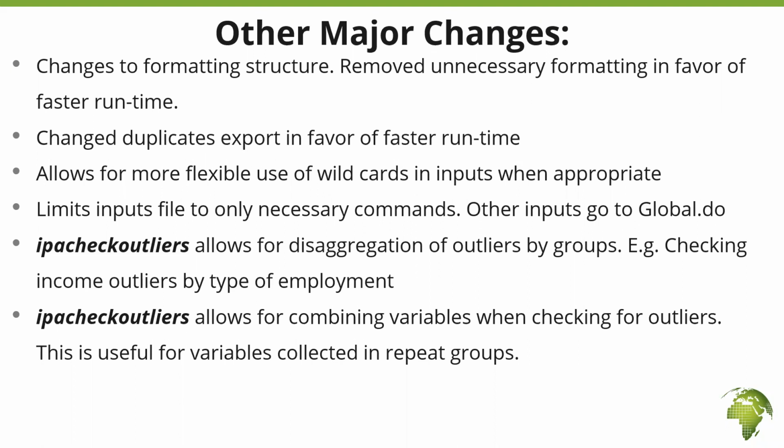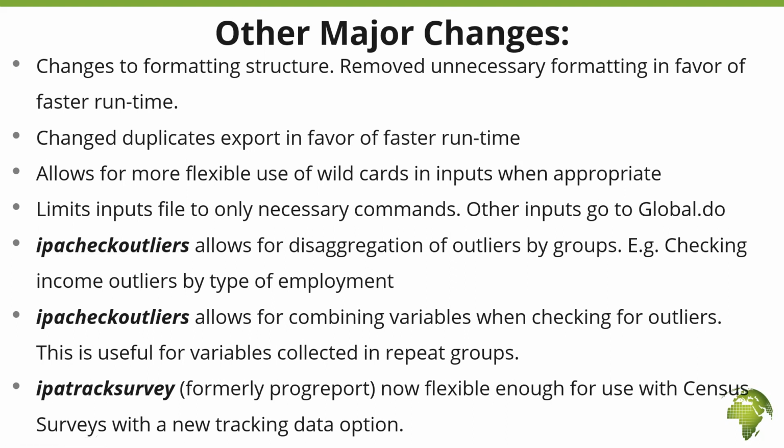So this would help you avoid situations where you would see some values flagged as outliers for one of the repeat variables, but not as an outlier for the other one, because the other one only has 2 observations and then one has 500. So this basically allows you to combine them and get a more useful range for flagging your outliers.